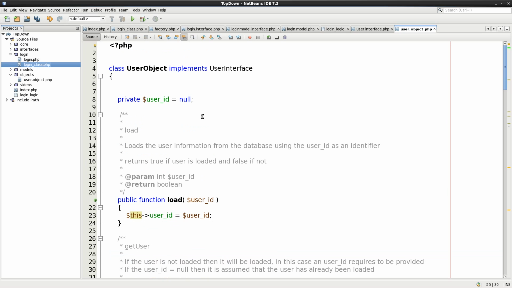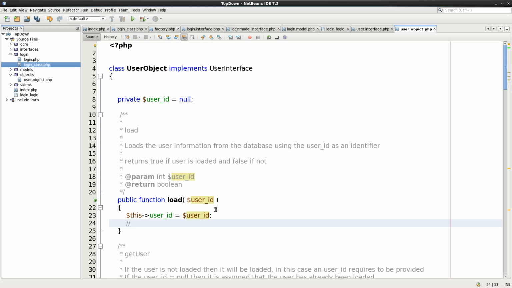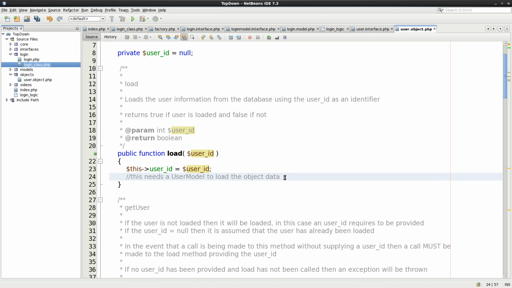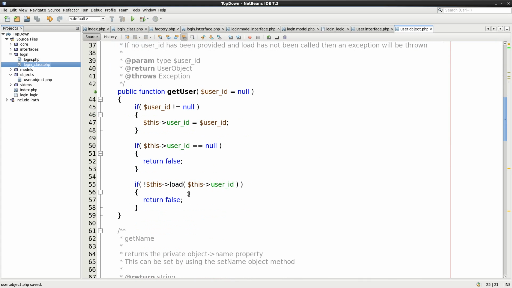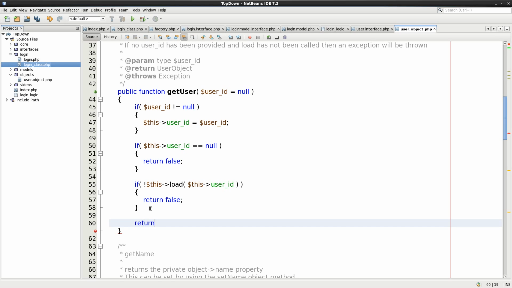Now the load method, that's what needs to go to this, needs a user model to load the object's data. Okay, so this essentially must have data first of all. So we're just going to say load in the beginning to do it. Get user and load, else return this. I like doing this because it means that